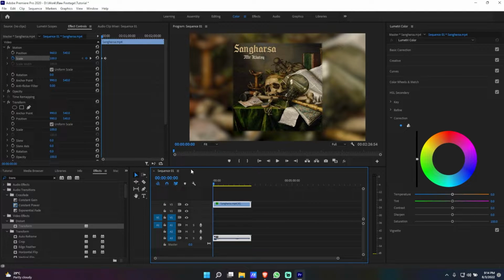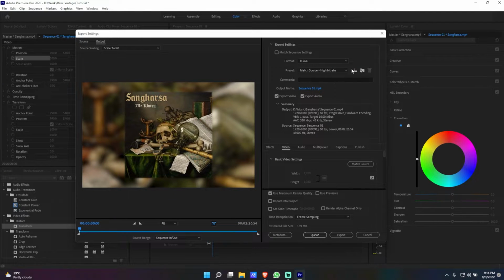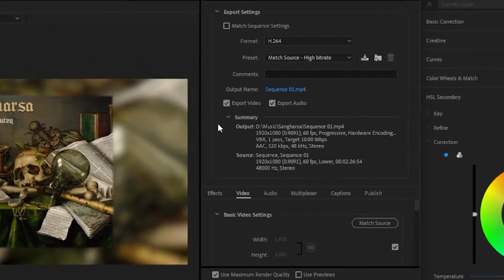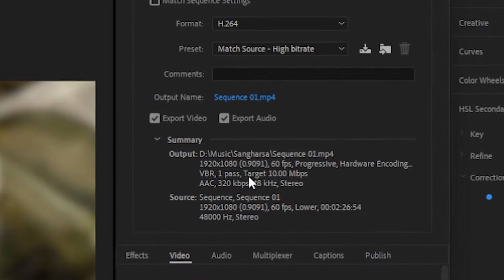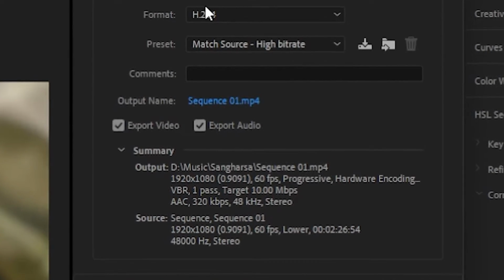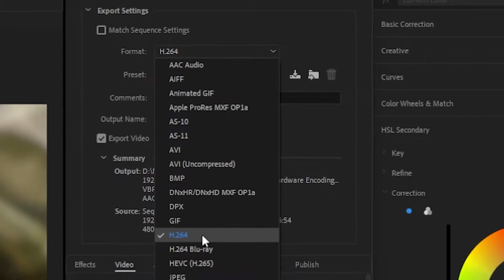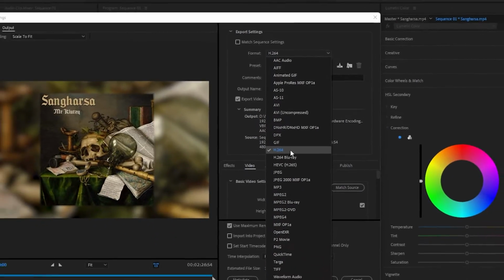Once I have clicked on that, this is going to be your export page, and over here you can set your export settings. I'm going to be teaching you a perfect setting to export almost any 1920 by 1080 videos. For the format, make sure it is H.264, or if you have a 4K video, H.264 Blu-ray, but I'm just going to click on